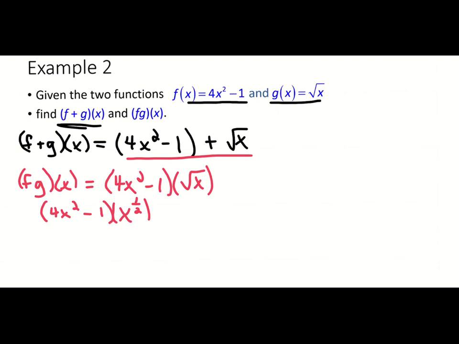And when we do this and we multiply, that's going to give us 4x squared times x to the 1/2 power is going to give me 4 times x to the, and again, remember when you're multiplying exponents, you add them together. So if I do 2 plus 1/2, 2 as a fraction, it's like 2 over 1, would be 4 over 2 plus 1/2. So it would give me 4 times x to the 5/2 power